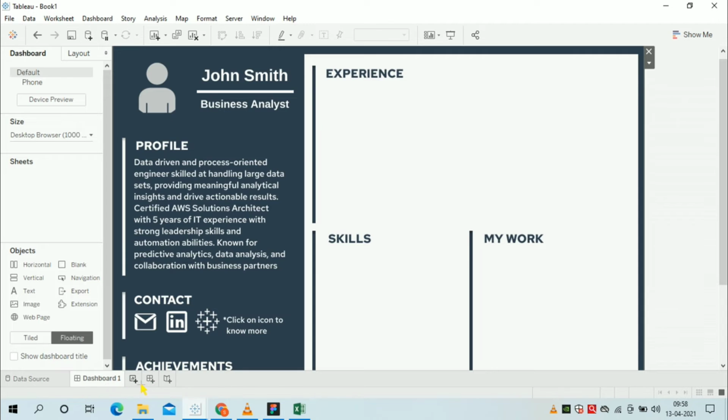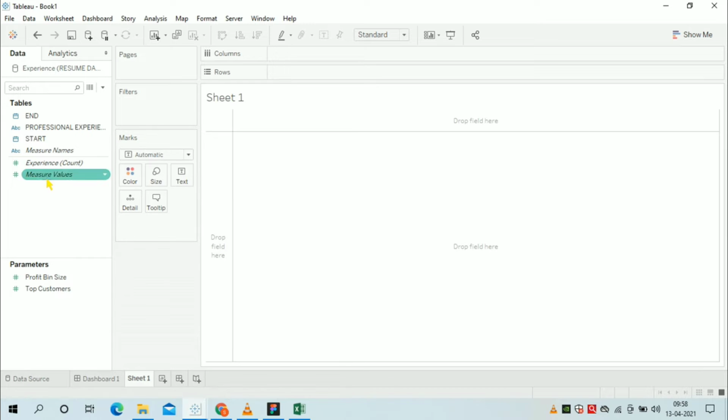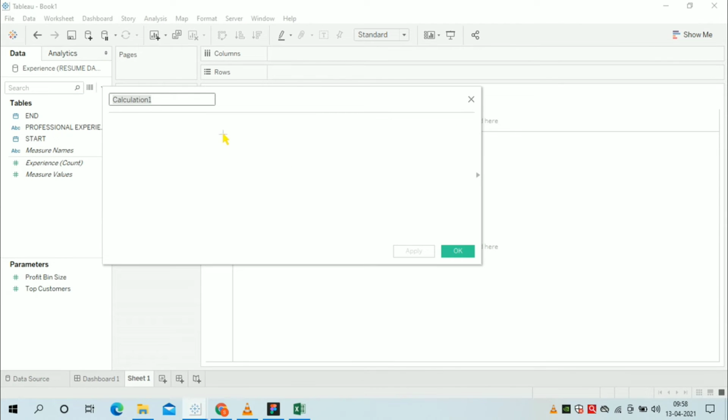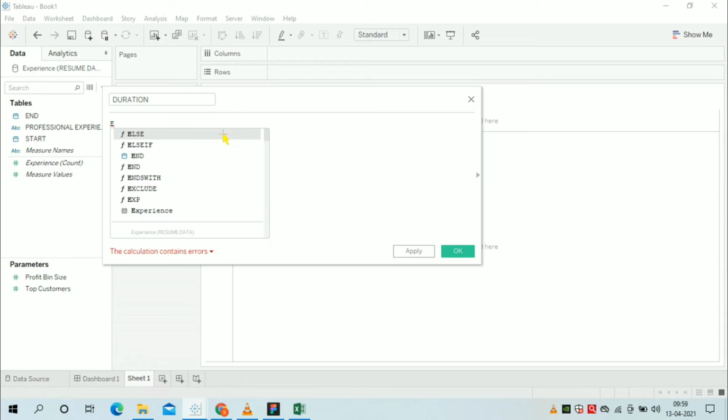Now we'll create new worksheet. Firstly, you need to create a calculated field, duration. This field returns the number of days between the two dates, that is end minus start. Click on apply and then OK.